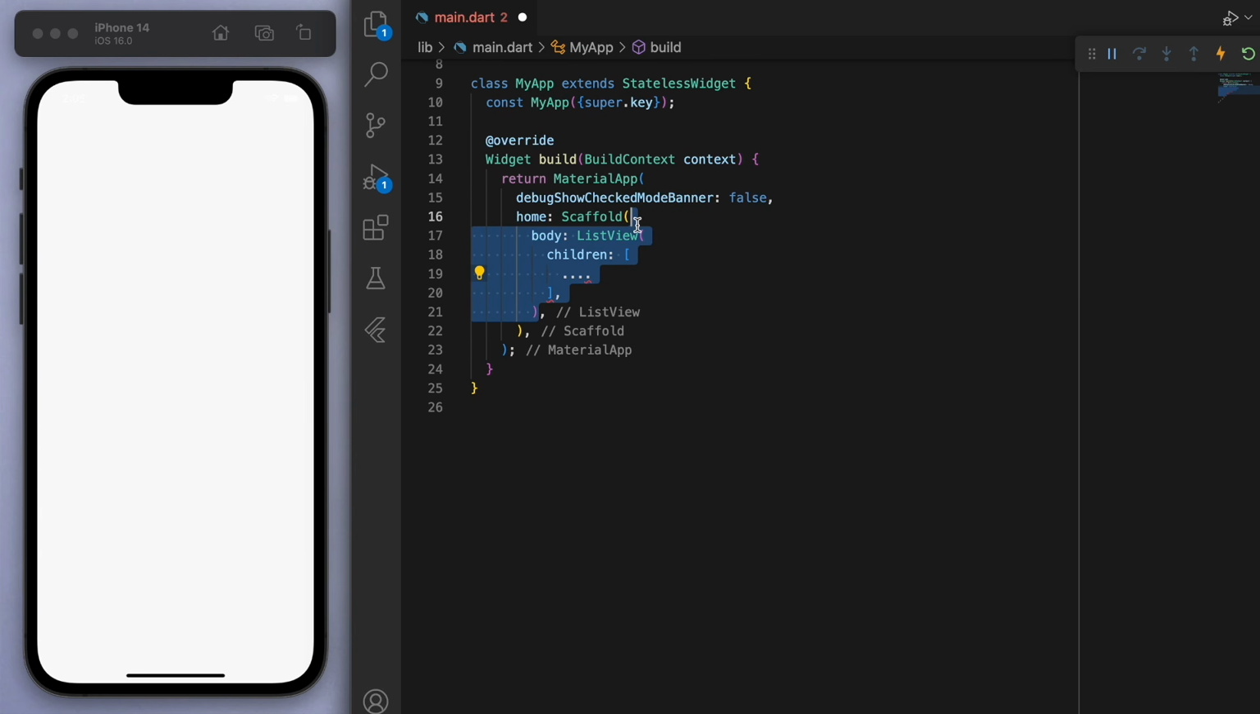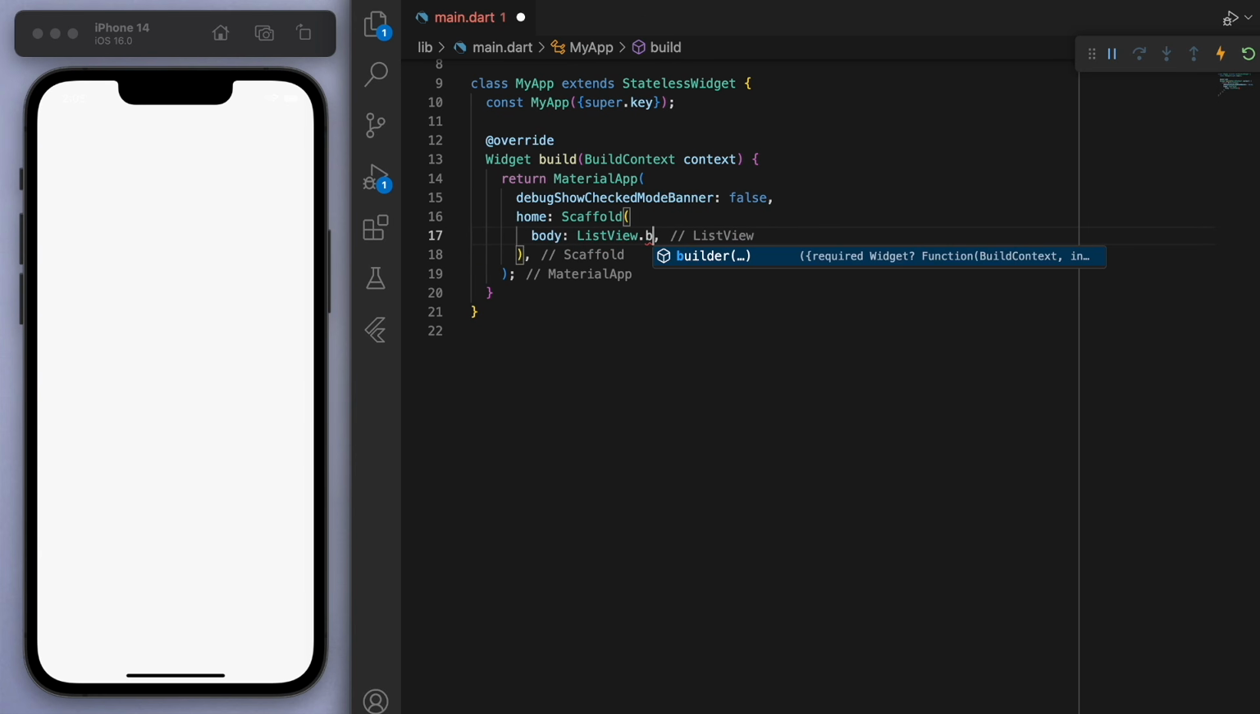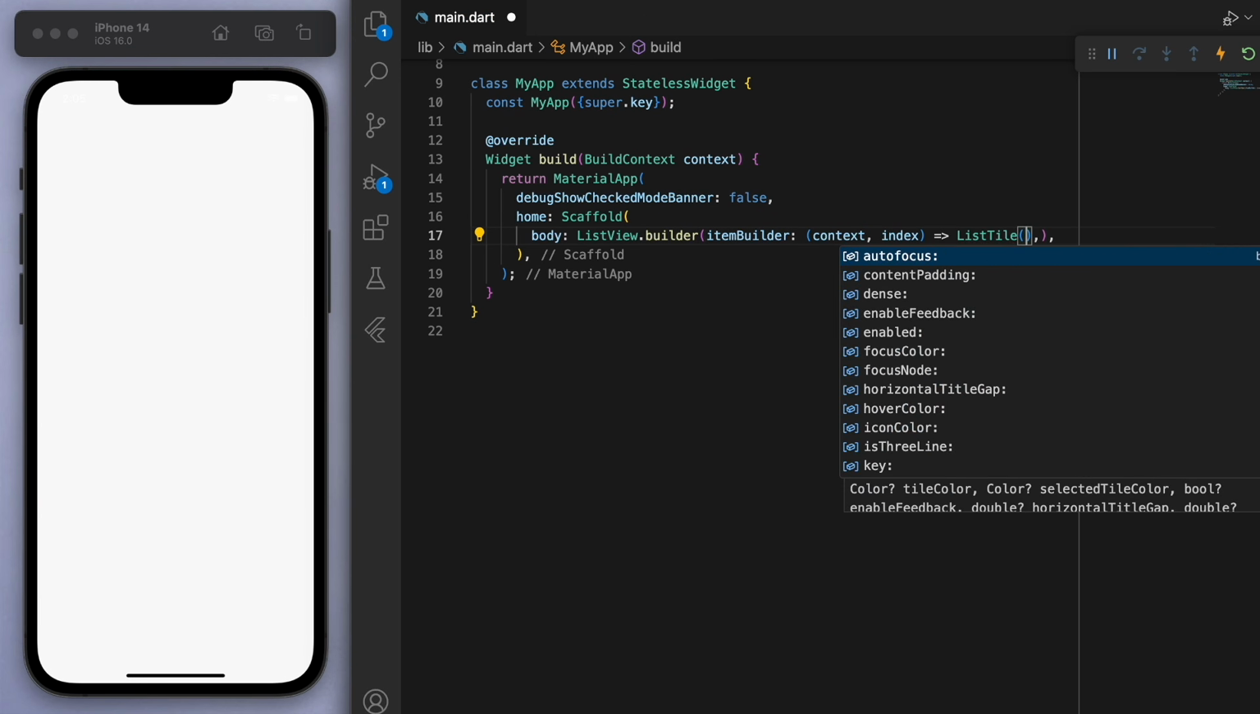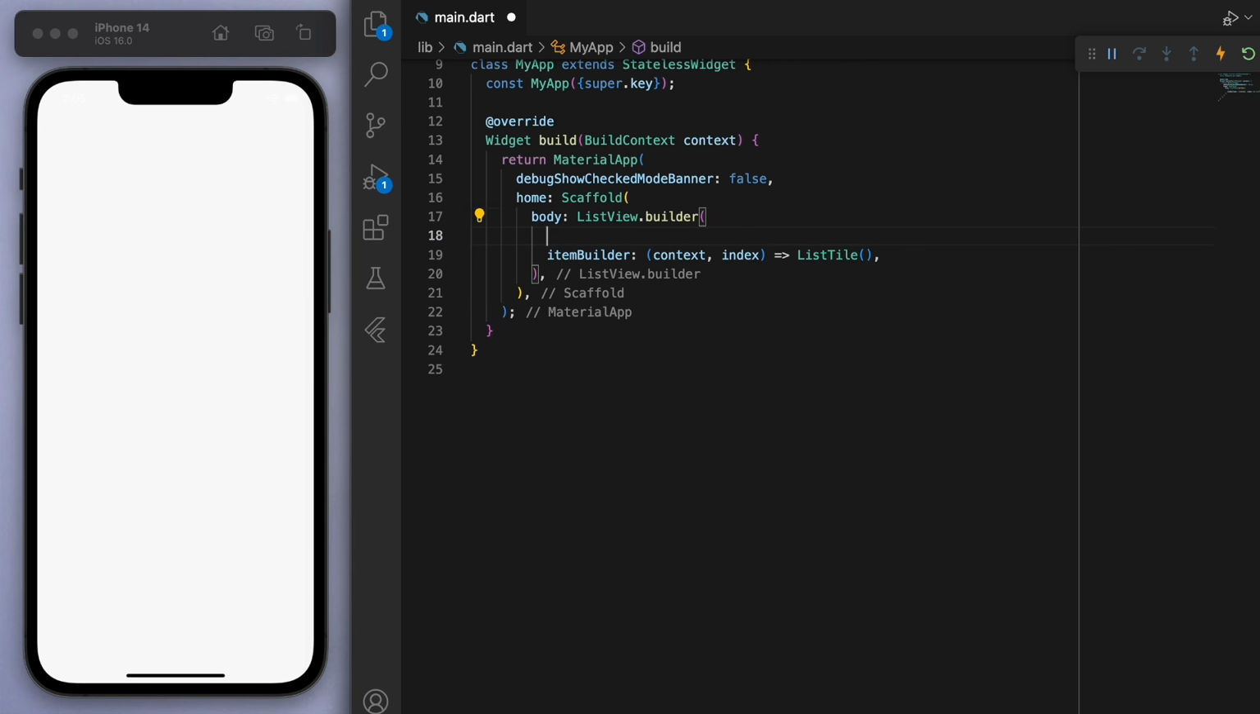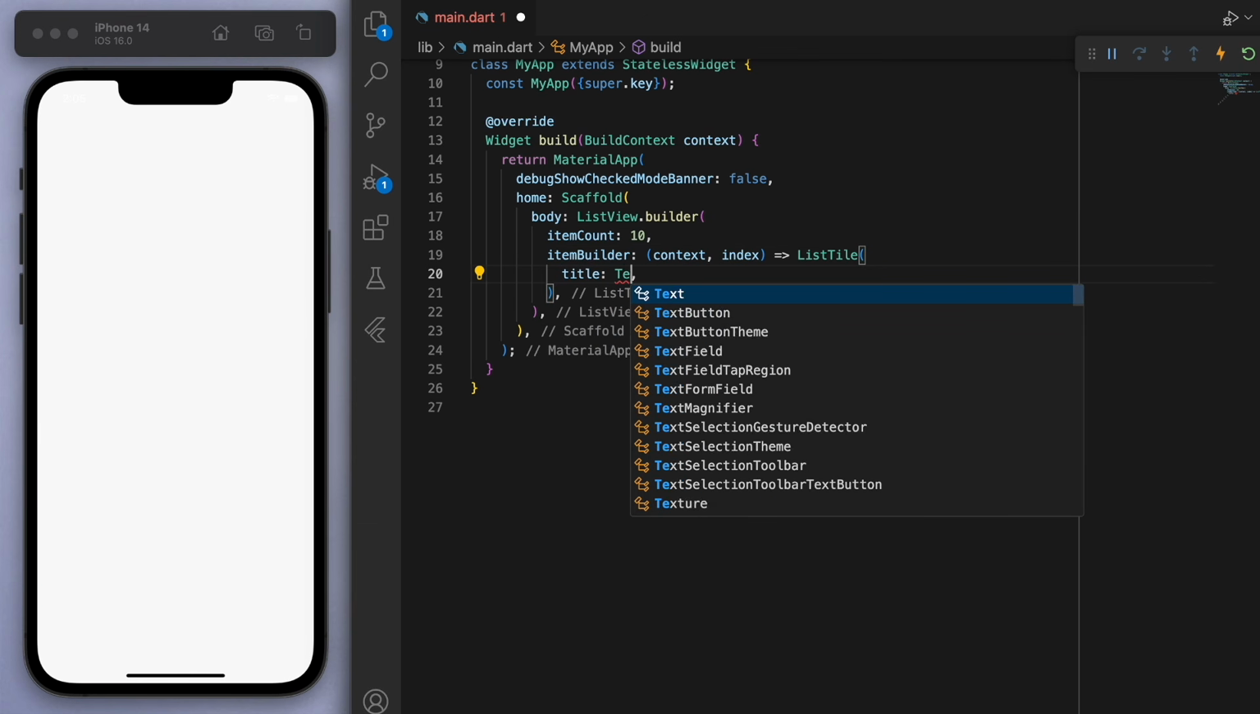You can also create them on demand by using a ListView.builder. And this one will be really helpful as well. So in the item builder, you can create a list tile, which is another default widget. And we can specify the item count. So how many do we want to create? Well, let's say 10. And just to show you what's happening here, just for the title here, let's put in